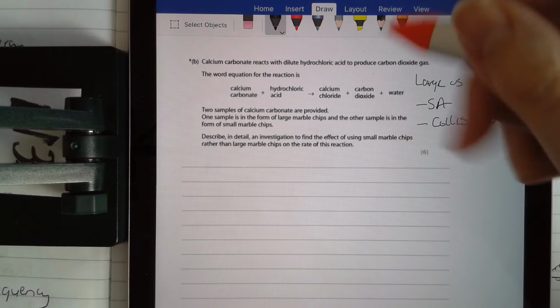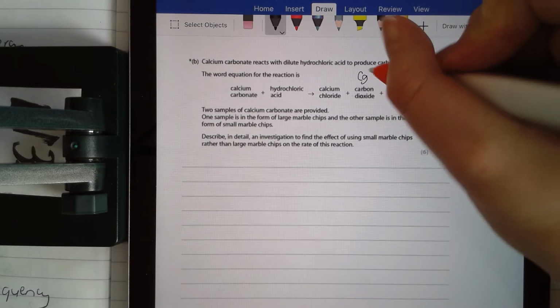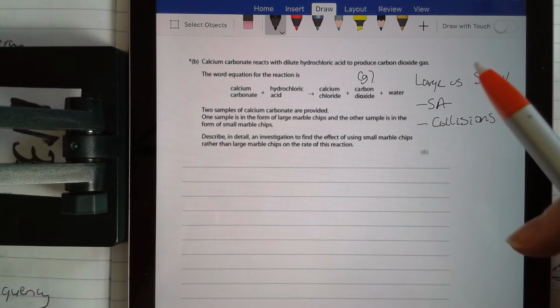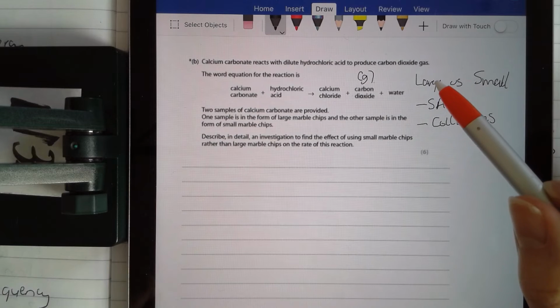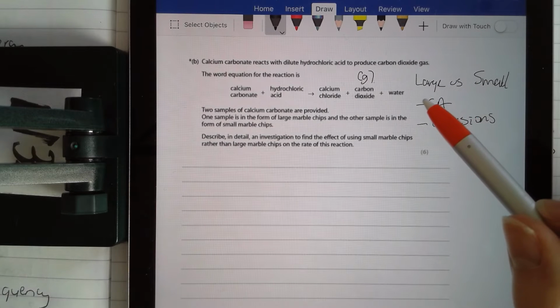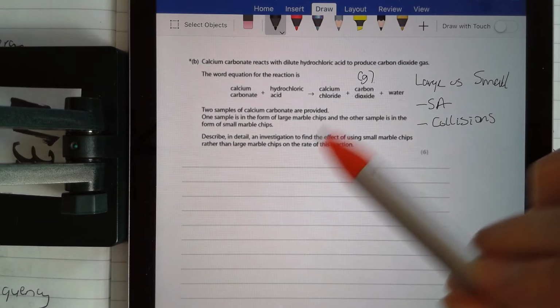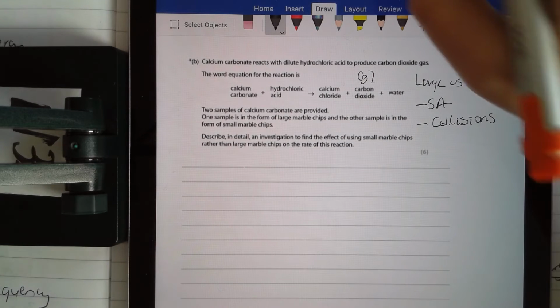Because I am producing a gas, there are 2 different methods you can use. You can describe the gas syringe method, or you can describe the mass balance method. I'm going to go for the gas syringe method. Okay, you're not going to be talking about disappearing cross. But you do need to mention how you're going to record the rate of a reaction, how you're going to record the change, and it's going to be over time. So I'm going to say,